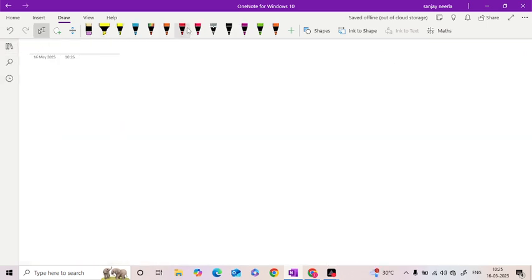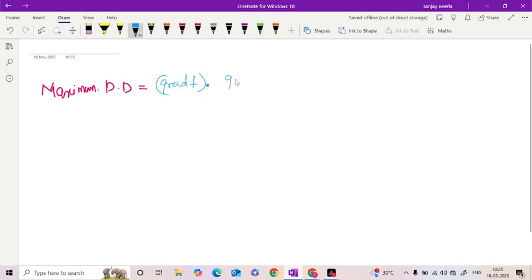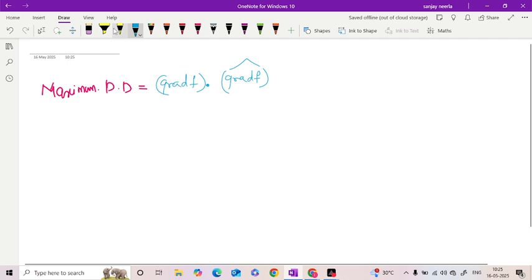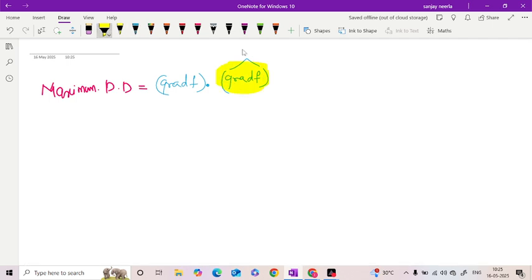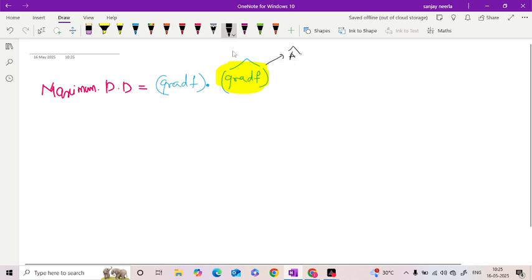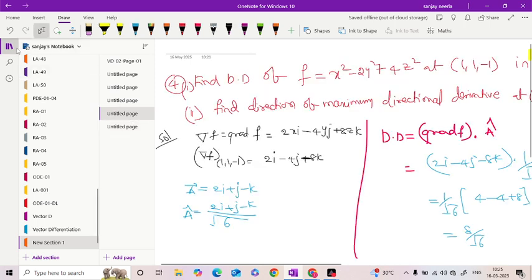So the maximum directional derivative is equal to gradient of f dot gradient of f cap. In the previous lectures it was a vector, but the maximum directional derivative is in the direction of the gradient of f only. Now, what is the gradient of f in the previous calculation? Already gradient of f is